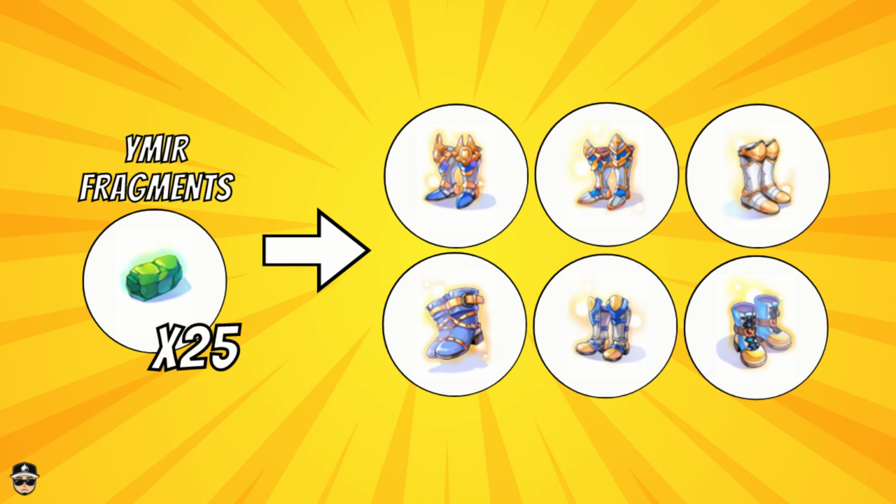So if you want to make the boots, you actually need 25 of the Emir fragments. And these items are dropped by monsters inside the memorial dungeon itself. This is a lot easier compared to KRO, which requires 185 of the Emir fragments to craft one. Obviously, enchanting and upgrading is another thing, but still, it's good that it's a lot easier to